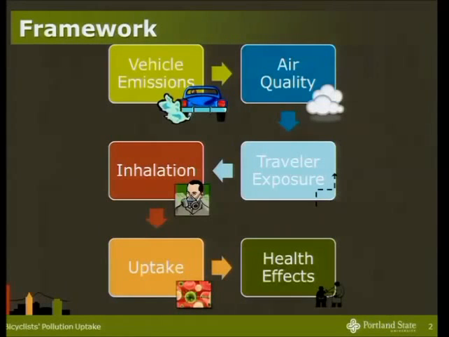So if you've seen me talk about this before, you've seen this slide. This is the framework I like to use to get everyone on the same page, both in terms of verbiage and as well as the steps connecting transportation emissions with health outcomes for travelers. So we can think of it as a 6-step process. So motor vehicles emit a number of air pollutants and precursors to air pollutants. And then we have atmospheric processes that lead to a level of air quality around a city.